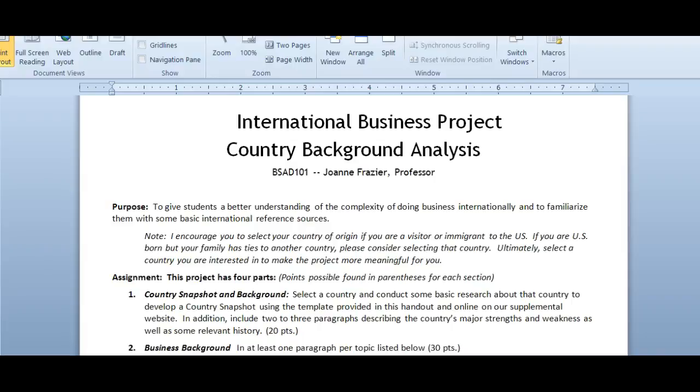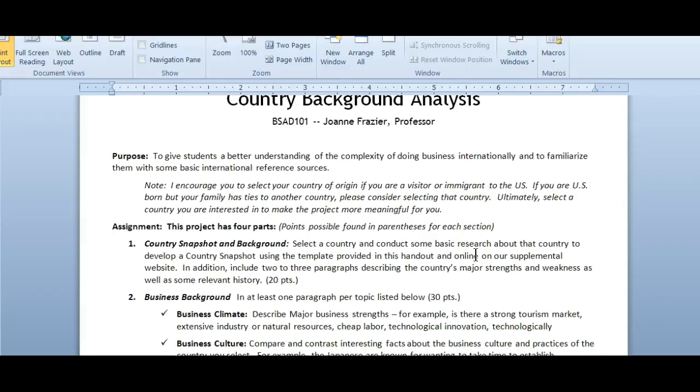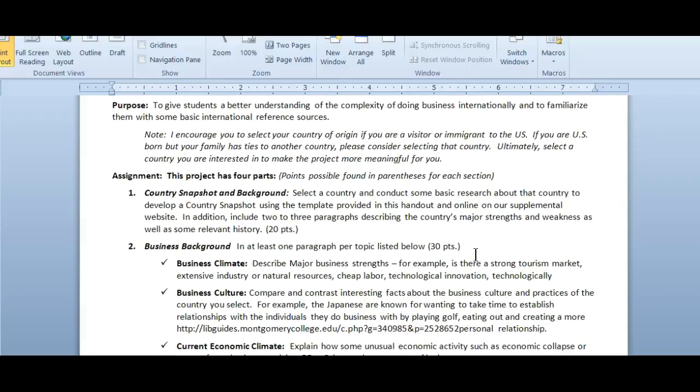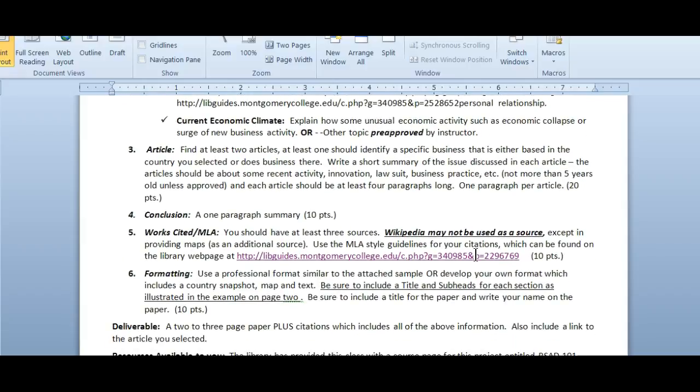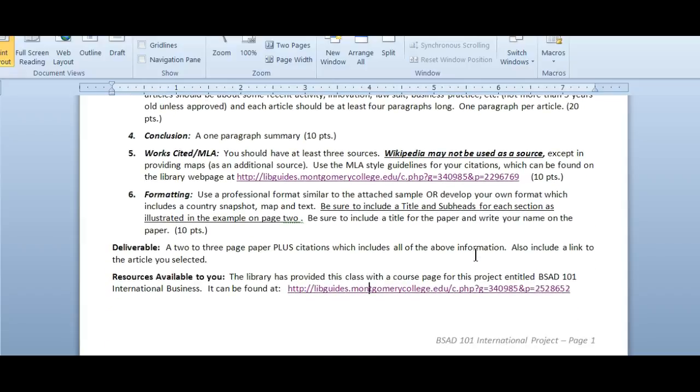I thought I'd give you a quick overview of some research resources that might help you out with this project. This is actually one of my favorite projects. It's pretty easy and it's a good way to learn about whatever country you select. So I'm not going to go through all of the items in the project. You can read that yourself, but I do want to take you to the resource guide that's available through the